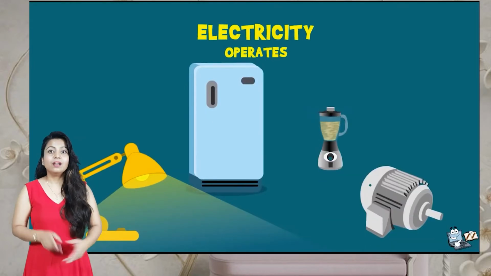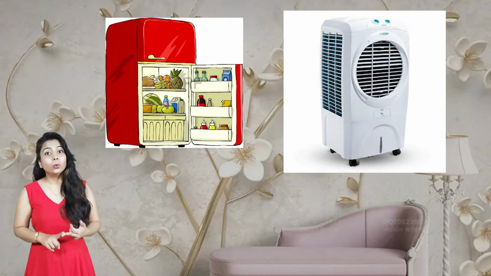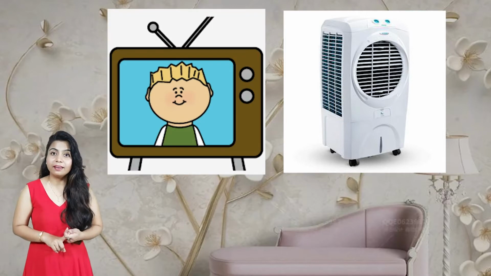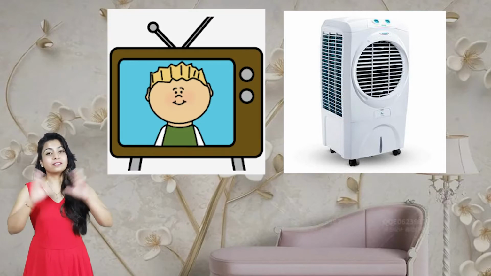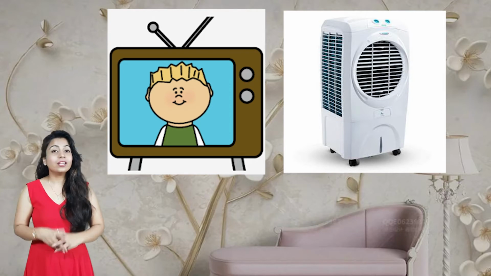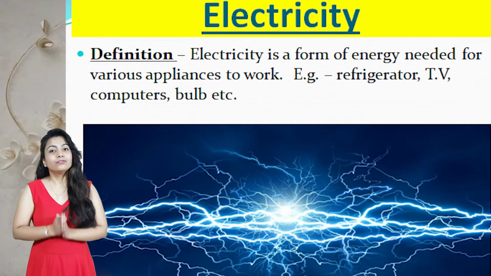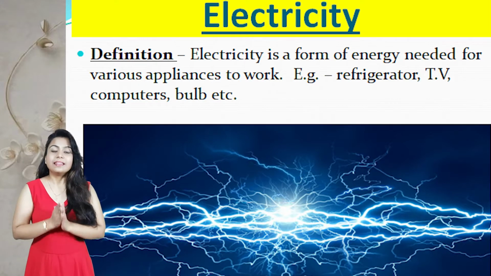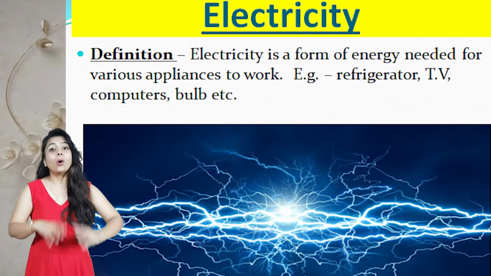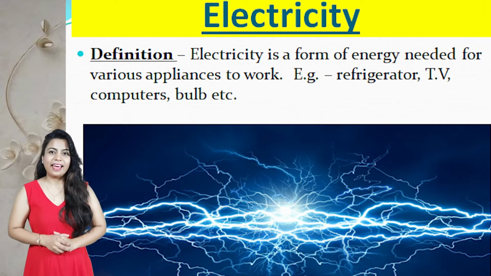For example, fridge, TV, cooler, AC, fan, lots of examples are there. So we cannot imagine our life without electricity. So students, let me clear one thing. What is electricity? Electricity is a form of energy that is needed to run all these appliances, and